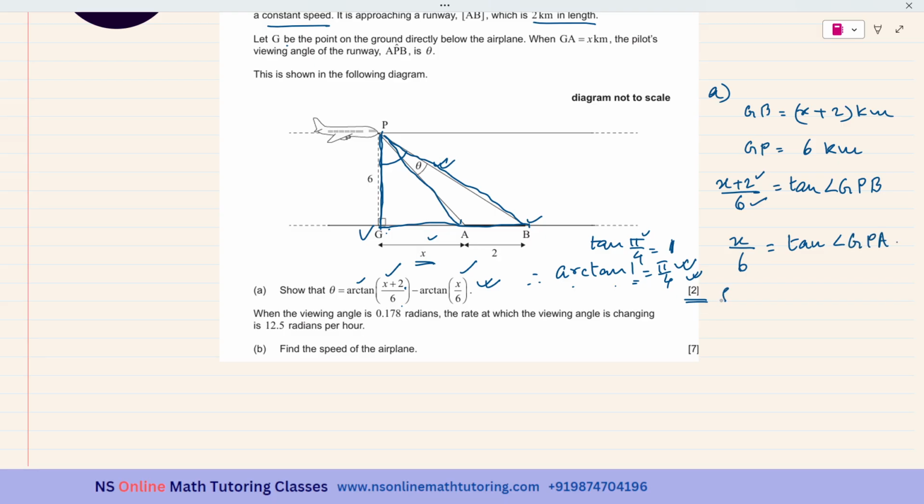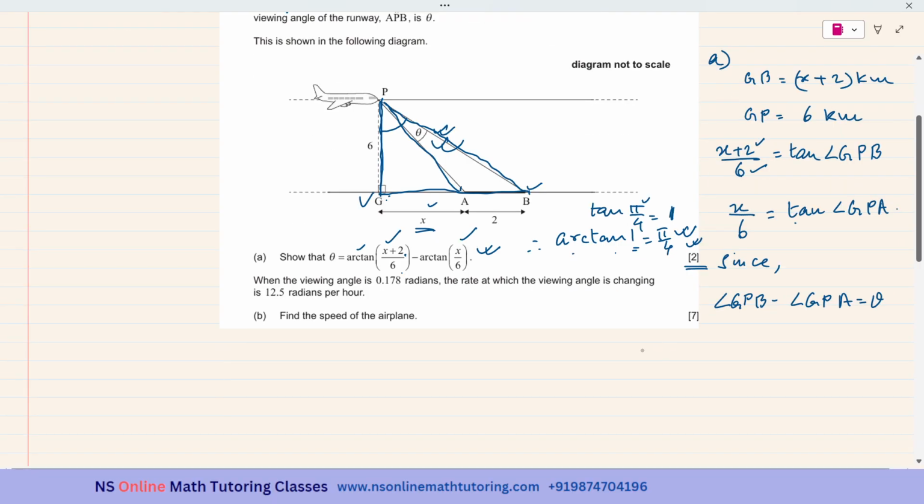And since angle GPB minus angle GPA is equal to theta,